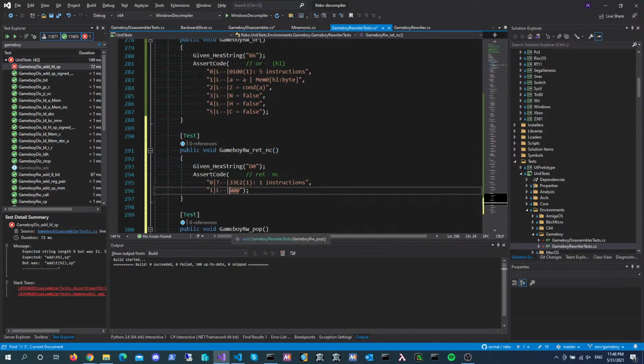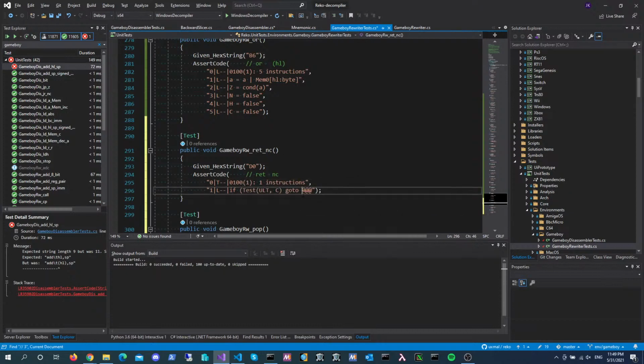So rather than saying if NC return, we would have to say if Test, and the inverse of NC would be unsigned less than carry, go to the address after the instruction in question,